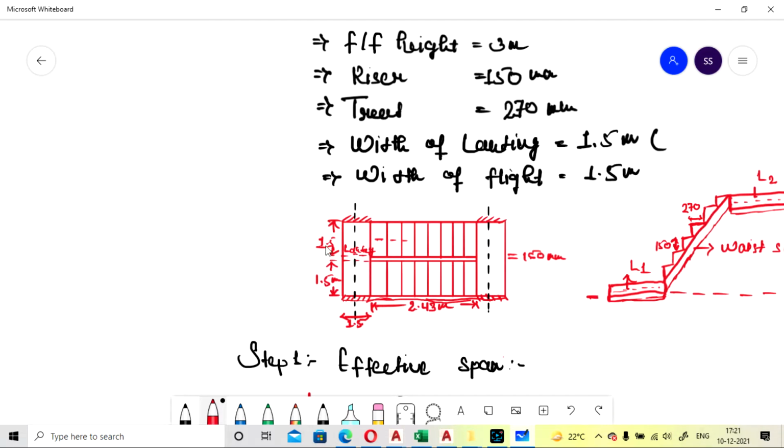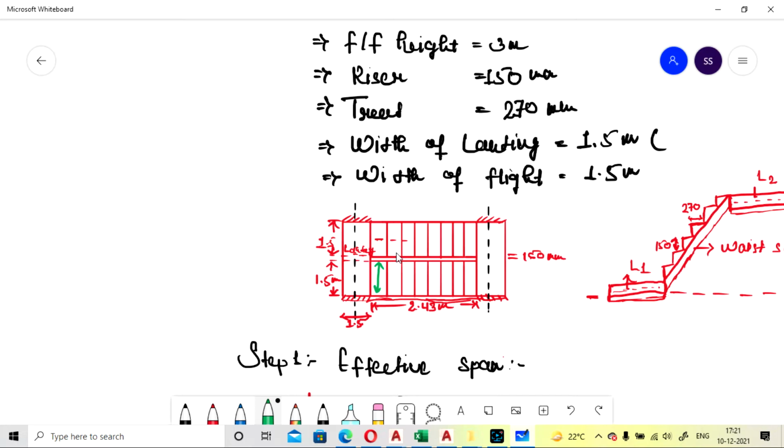Similarly here we are going to consider the width of the flight. This will be the width of the flight, so it is taken as 1.5 also. The width of the flight is the width of the steps.